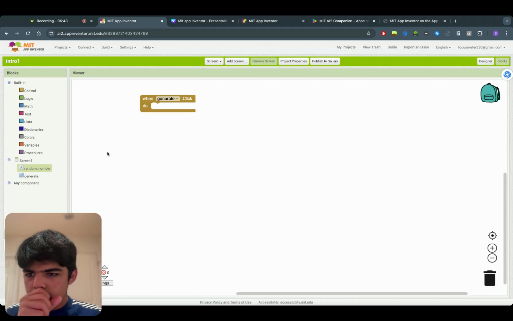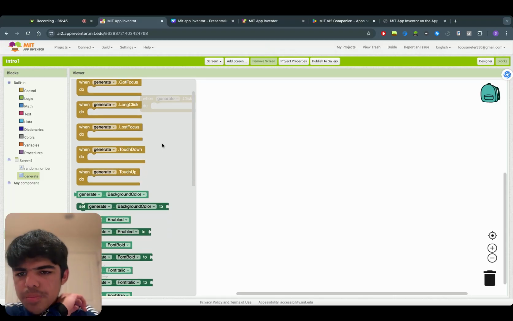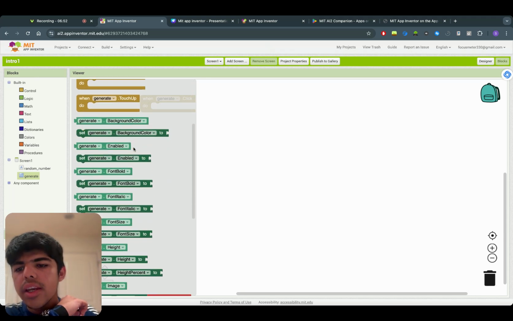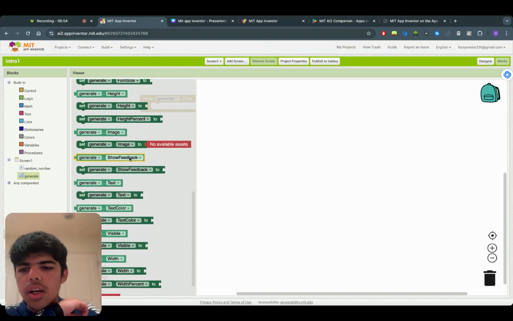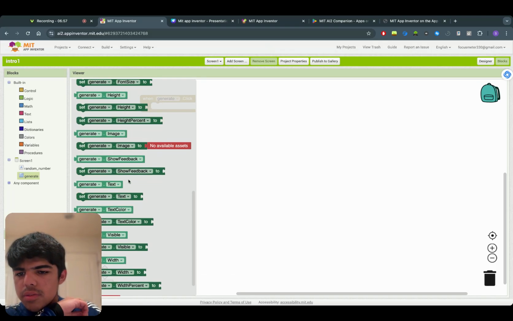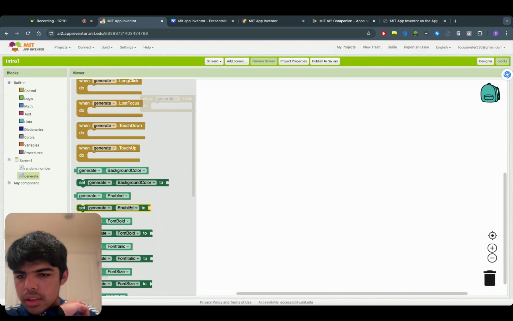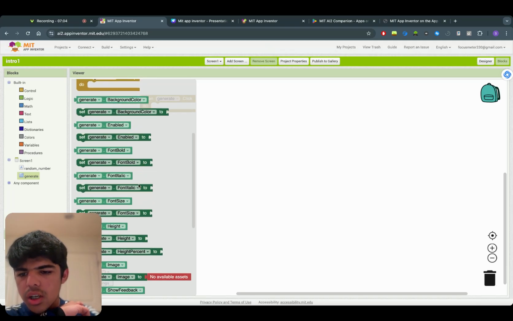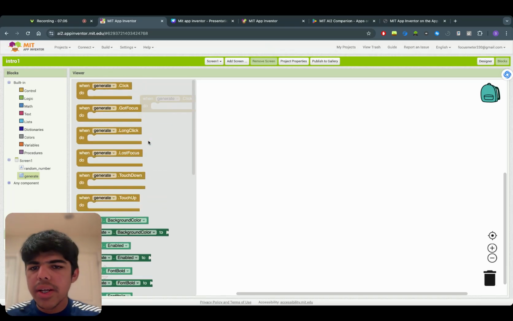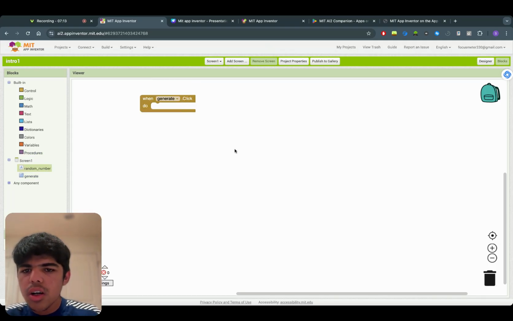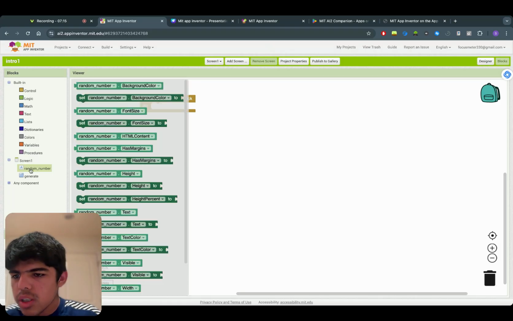So these buttons have certain trigger points, like long click. So if I click it for a long time, it would do something. And it allows us to play with the features of this button in general, like the background color or the font size. So MIT App Inventor in that way has a very nice accessible user interface for us. So once we click this button, we want to set